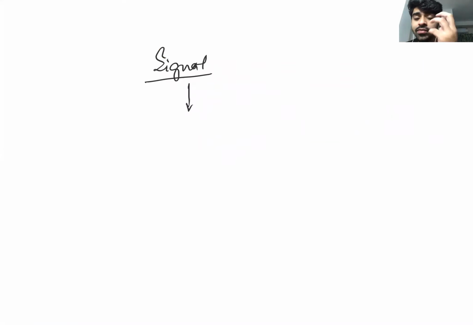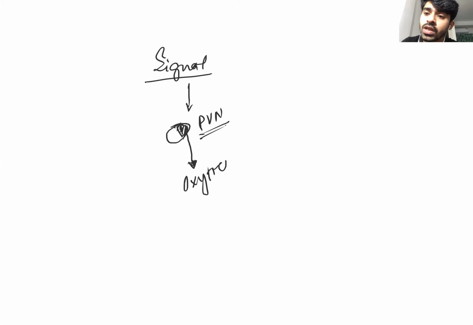The second thing you have to remember: when the fully matured fetus and placenta are telling that yes, this is the time for parturition, the hypothalamus of the lady responds. In the hypothalamus there is something called the paraventricular nucleus, or PVN. You have to remember this paraventricular nucleus. This paraventricular nucleus will release something called oxytocin.